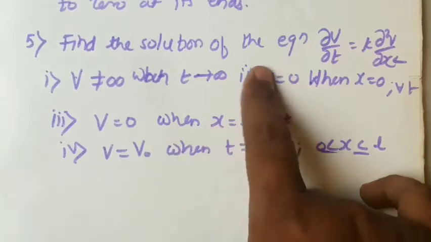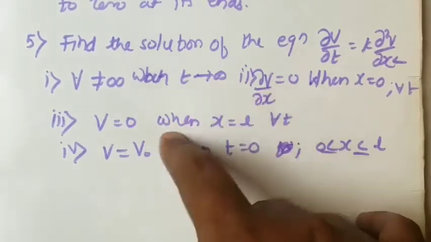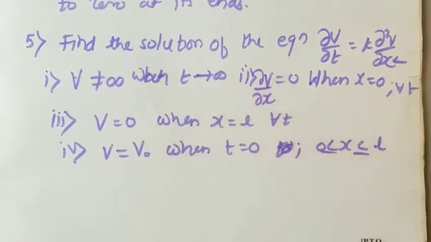In some problems you may have one boundary condition in the form of derivative. In that case, after differentiating that V, whatever solution we are considering, our function will go in the form of a cosine. Because of that, our calculations, means the final series that we get in this problem, is a cosine series. Instead of a sine series, we get a half range cosine series whenever we have one condition in the form of a derivative. This problem also we are going to do, and we are going to see how we are getting the cosine series there.